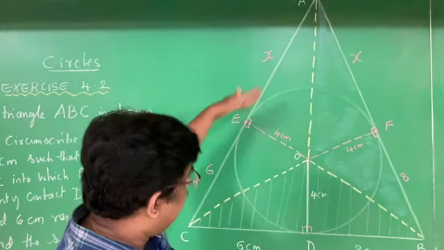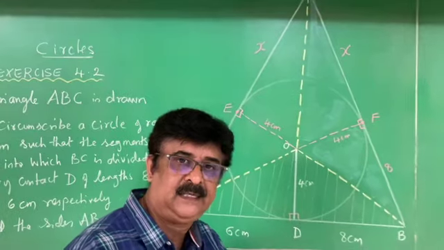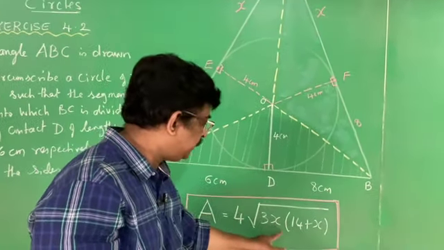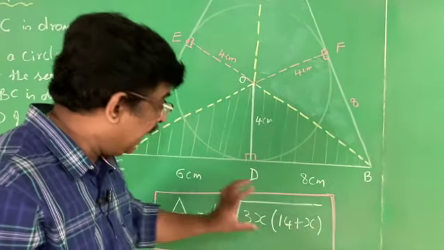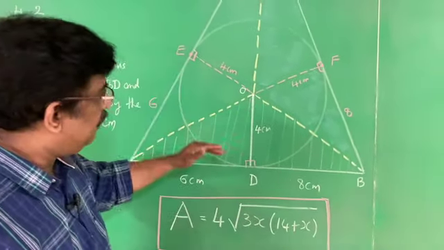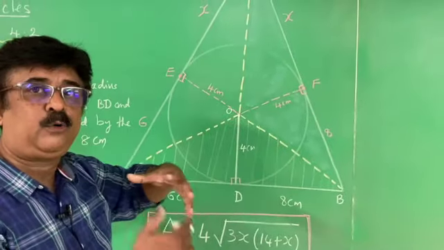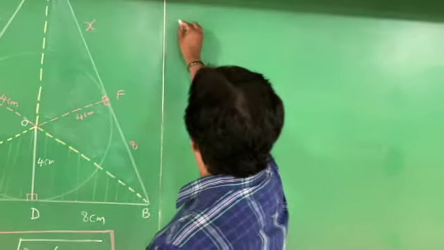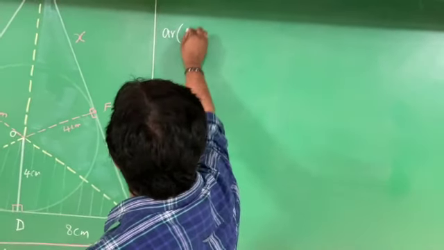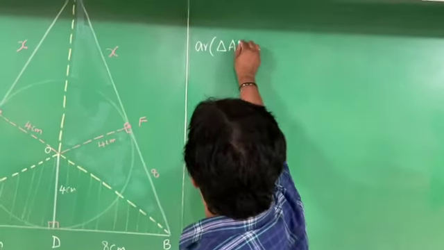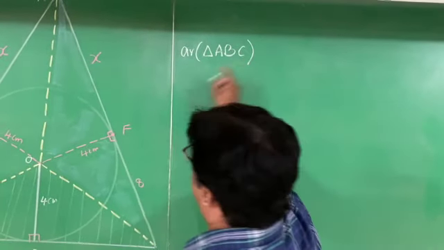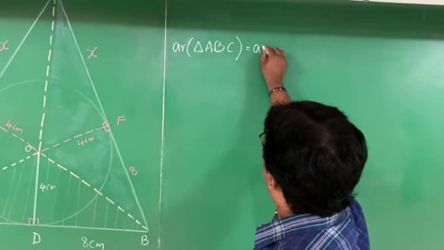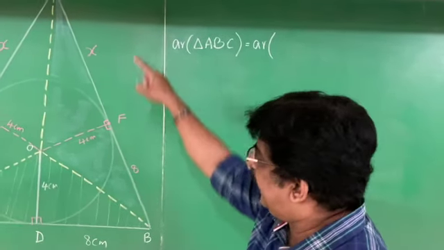But the area of the triangle ABC is already calculated by us. What is that? A is equal to 4 root 3x of 14 plus x. And this area is equal to the sum of the areas of these 3 triangles that we are going to compare. Therefore, I write an equation. Area of triangle ABC, the full triangle ABC, is equal to area of triangle